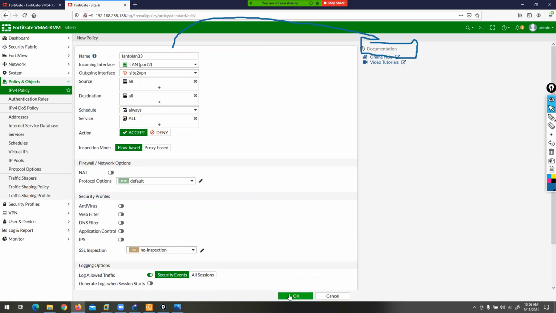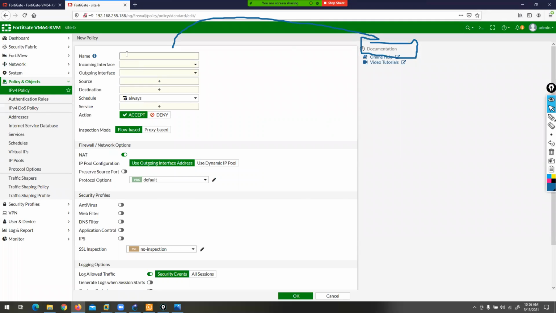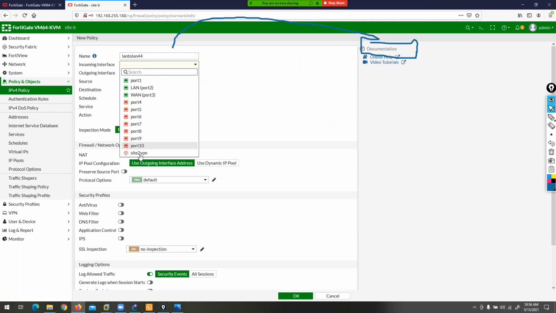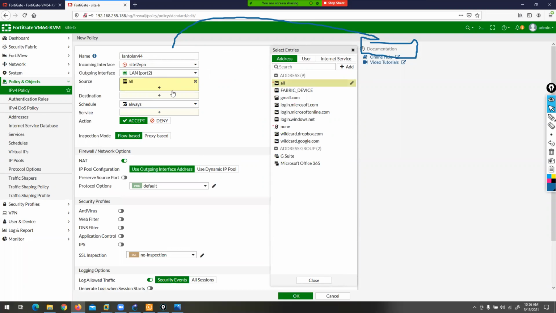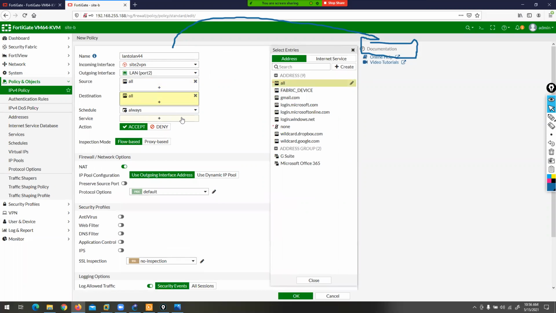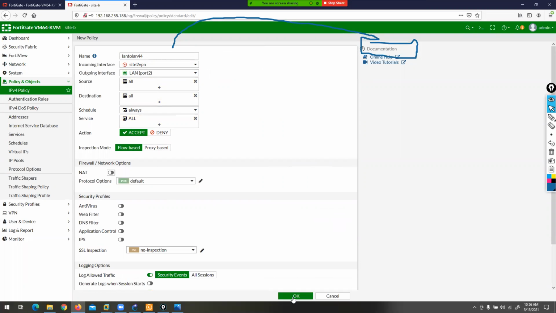You can click on OK. Let's create one more policy. LAN to LAN 44, just a name. Incoming is site to VPN, outgoing is LAN, source is any, destination is any, services is any, NAT should be disabled. You can click on OK.